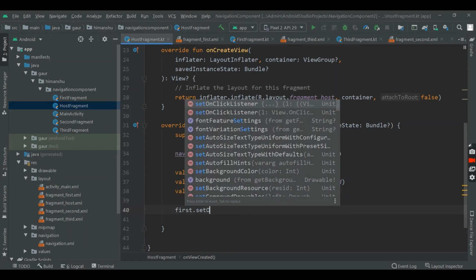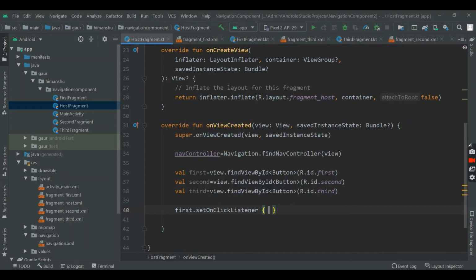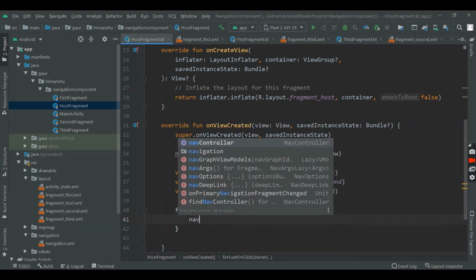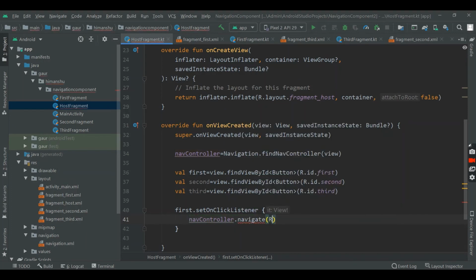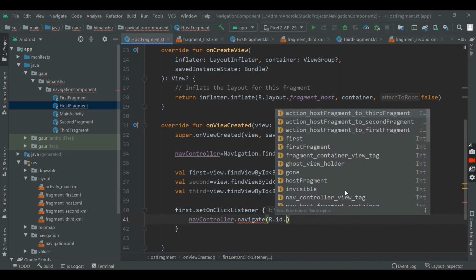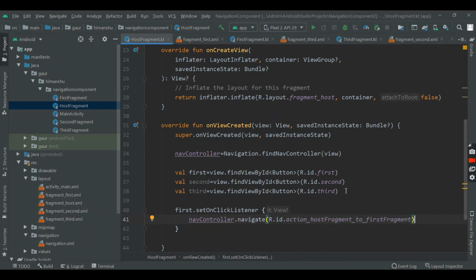So first dot setOnClickListener, and by using this NavController we will navigate, and where do we navigate to? First fragment. So host fragment to third fragment, not the case. Host fragment to second fragment, not the case. Host fragment to first fragment, yes, this is our case.